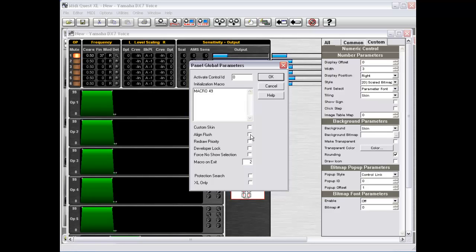Align flush. Normally on the right hand side of the editor, Midi Quest adds a little bit of space to the editor, on the right hand side and the bottom side, to correspond with the little bit of space that you'll naturally place usually on the left and top side